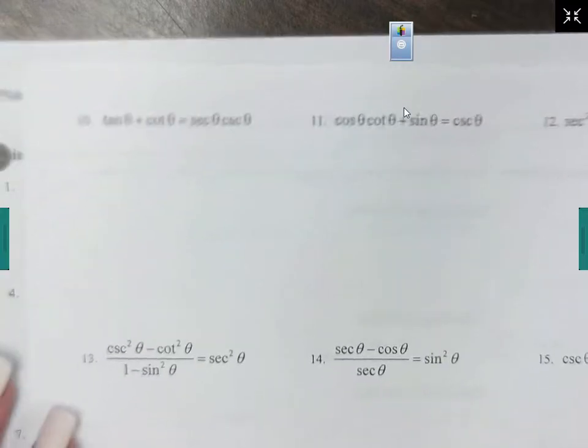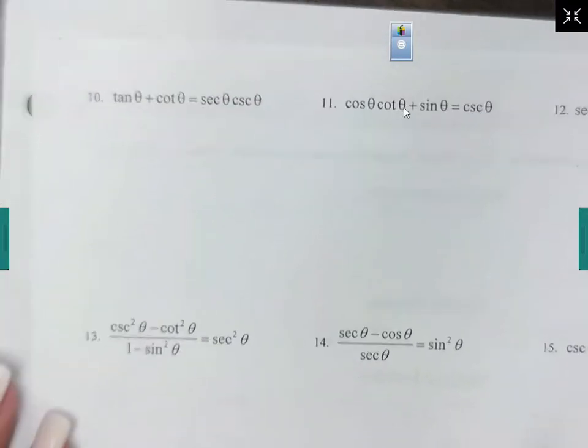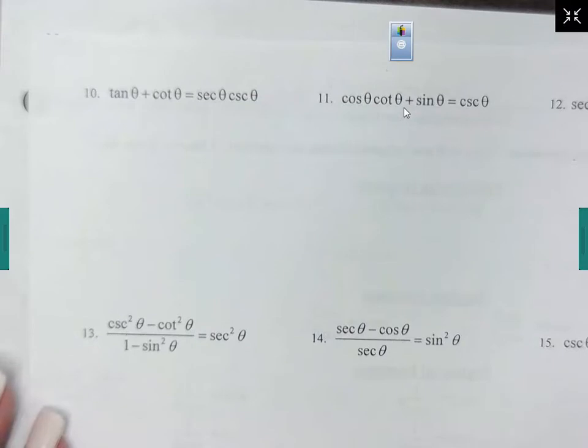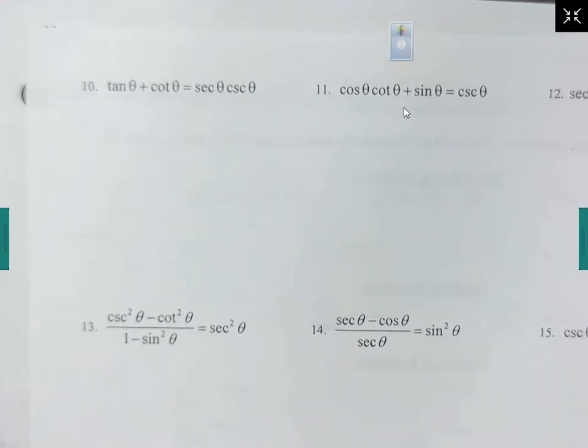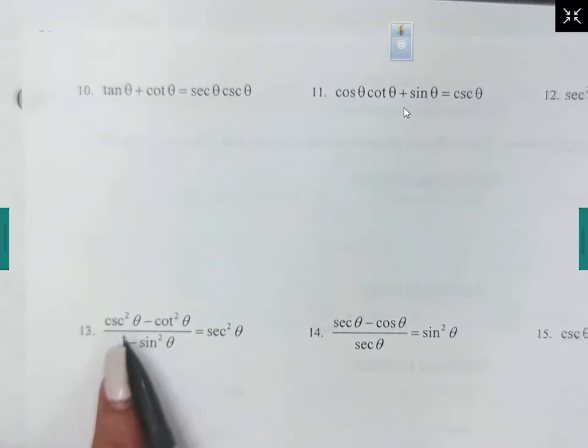Okay, we can start by looking at number 11. This is how I want you guys to think about this. We want to write everything in terms of sine and cosine, okay? So we want only sines and cosines. Think of it like that, okay? The only time we do anything different is if it's clearly, like on number 13,